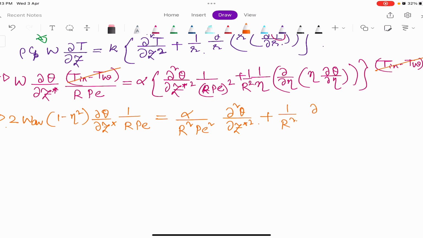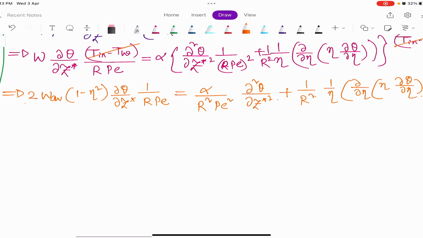1 by R square del eta, sorry, not this one, I will be having 1 by R square 1 by eta del eta, eta into del eta, okay. So this one, this is my equation. So which things can I cancel out? So I can cancel out this R here, right, 1 R here, here and here,